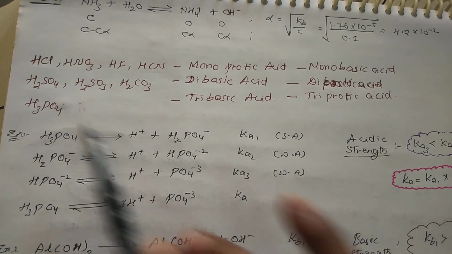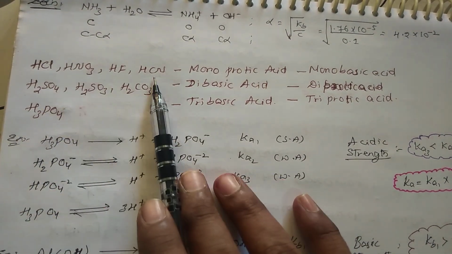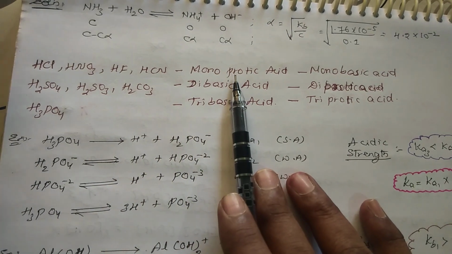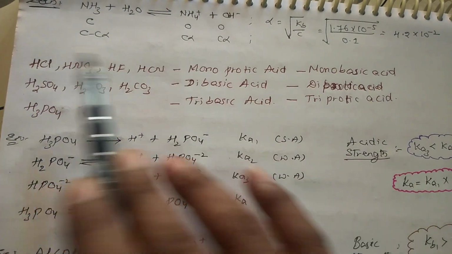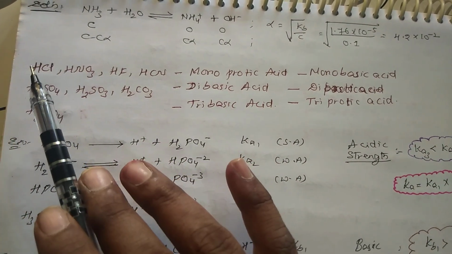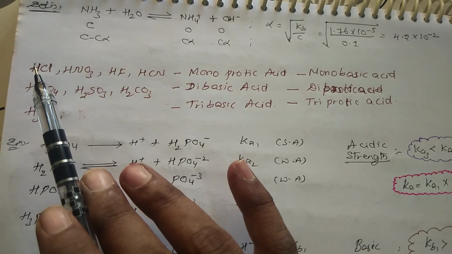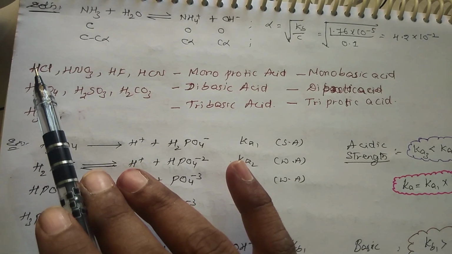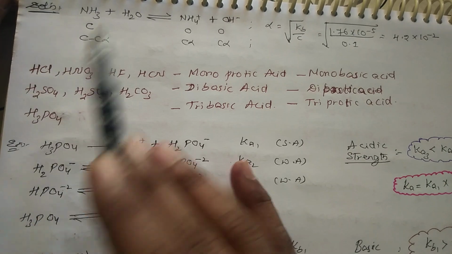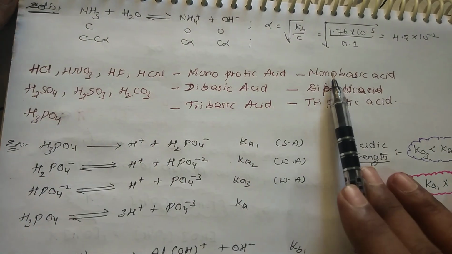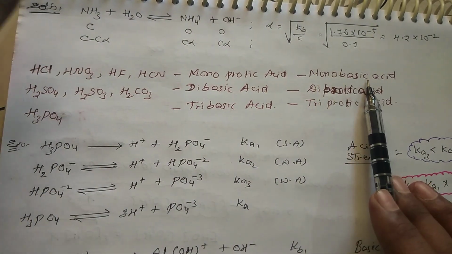If you see some acids like HCl, HNO3, HF, HCN, these are monoprotic, meaning only one proton is donated. Or by using this acid, you can identify how much base is present in another base. How much base content is present in a base, you can check by acid. So it is also called a weak monobasic acid. This can be explained lively, in a very clear manner.